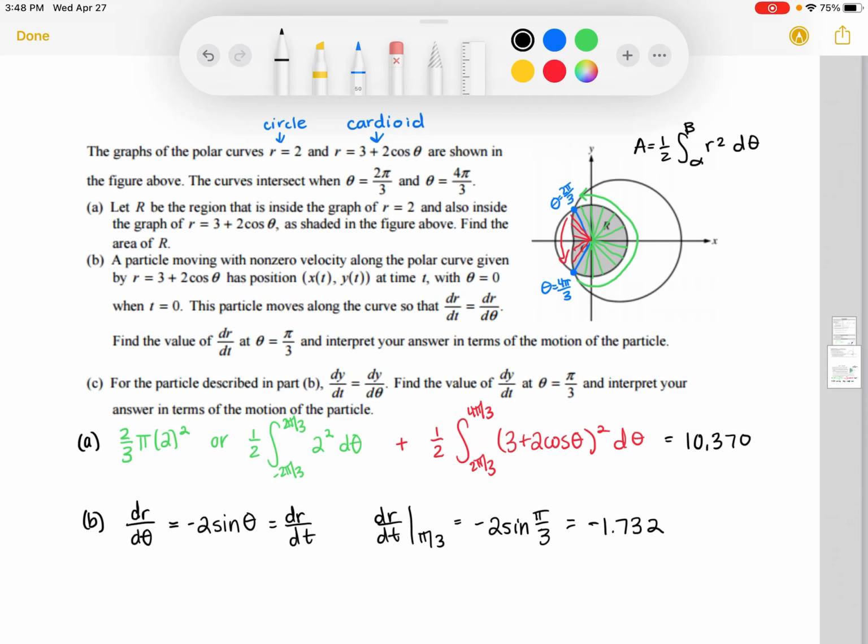Since dr dt is negative, so this is less than 0, that means the rate of change of its radius with respect to time is negative, so its radius is getting smaller. And if you think about that, since the radius is the distance from the origin to its path, basically this means the particle is moving closer to the origin,